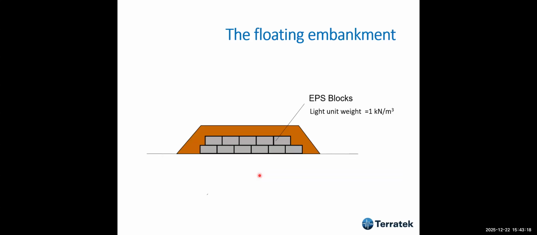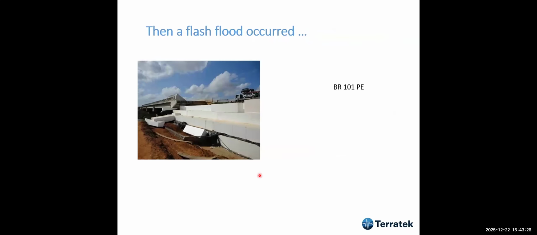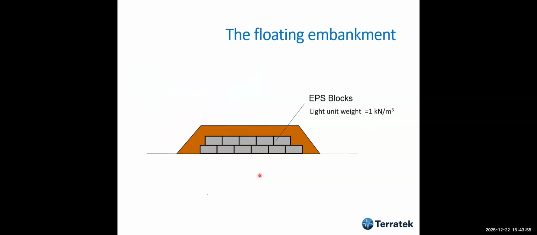One of them was the floating bank, in which a friend of mine designed a system. It was a bridge abutment in the north of Brazil, and a friend of mine gave me these photographs. He designed a piled slab for this project, but when the construction started, there was a consultant who came with crazy ideas and said, no, let's do something different. Let's use this light embankment. This is very easy. The cost is not that high.